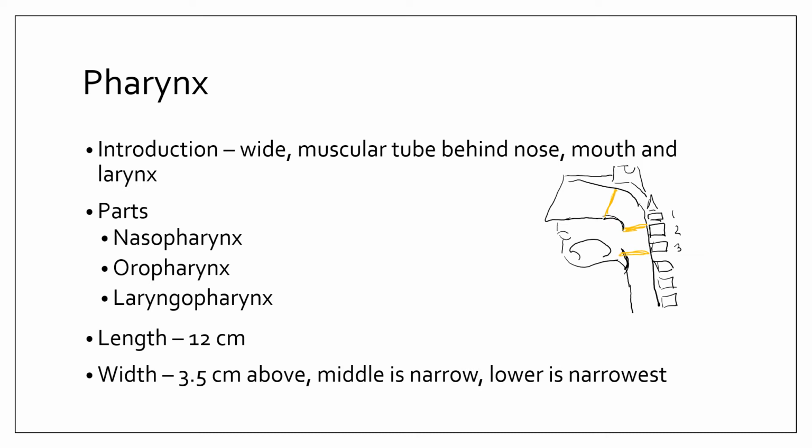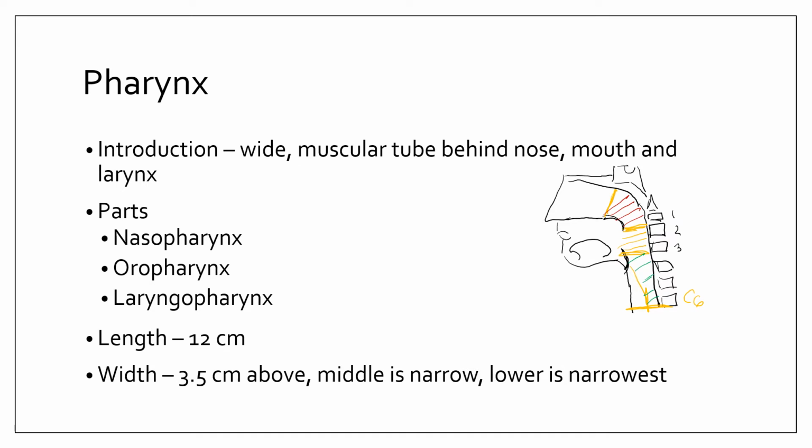So from the soft palate to the epiglottis, this portion is the oropharynx and it is related behind to the second and third vertebrae, and behind this portion is the laryngopharynx, where at the lower border of C6 vertebra it continues as the esophagus. So this portion is the nasopharynx, this portion is the oropharynx and this lower down is the laryngopharynx behind the larynx. The length is about 12 to 14 centimeters.